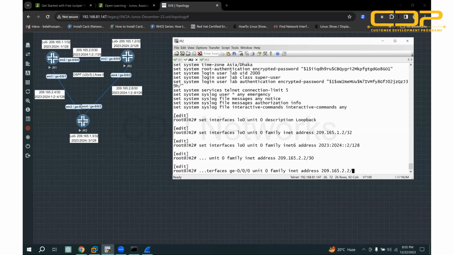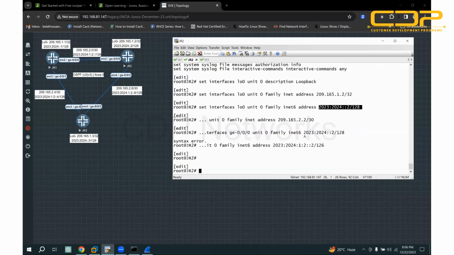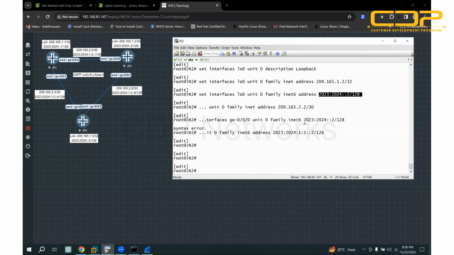Then set the IPv6 address, family inet6 address 2023:1:2::2, my prefix length is 126. So the ge-0/0/0 interface configuration is done,